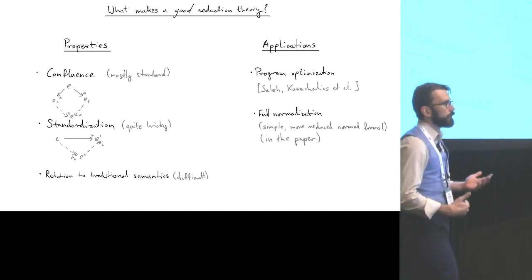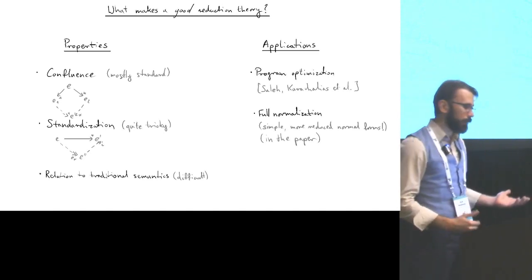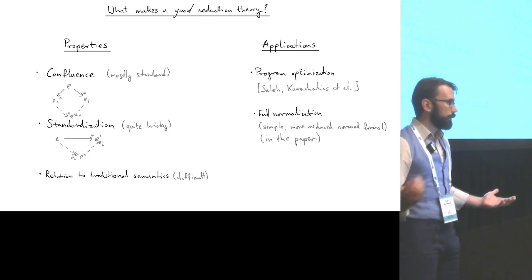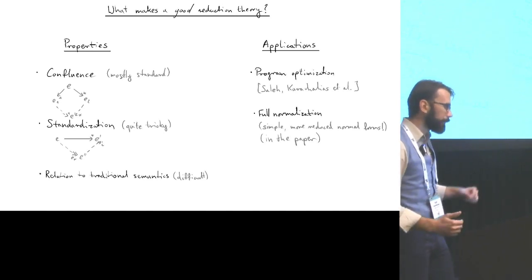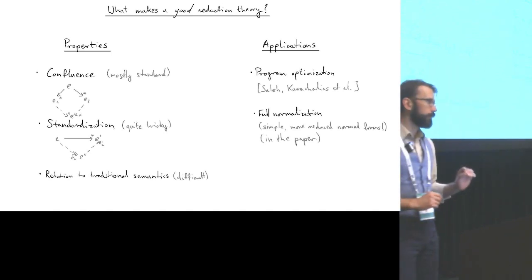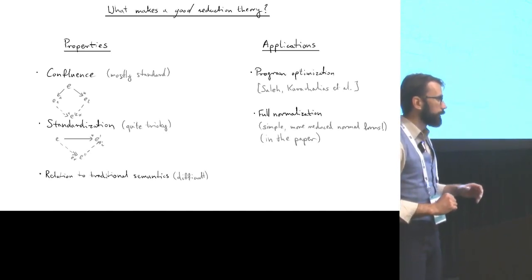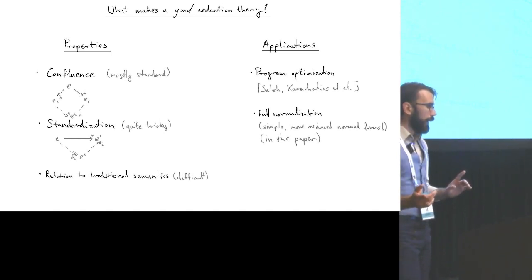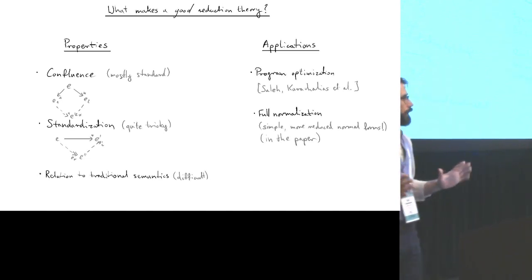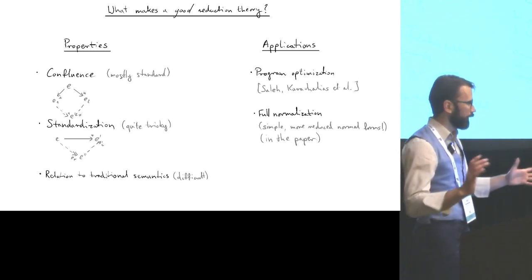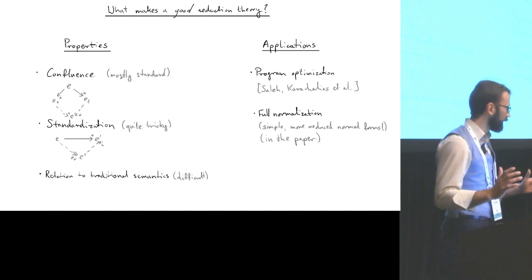And to my mind, there's two angles here. On one hand, it's the properties that the reduction system has. On the other hand, it's applications. Now, as it happens, a set of reduction rules very similar in spirit to this one, in a slightly different setting, was already considered, I think, at ICFP a year or two ago, as a means of program optimization. So this could increase our confidence a little bit, because that's two sets of people coming from different directions looking at a very similar set of rules, right?